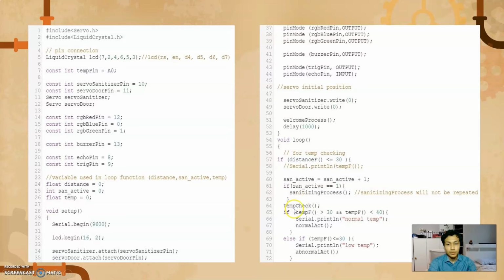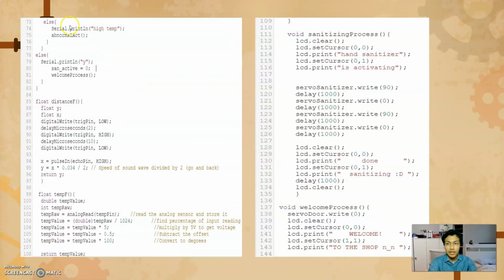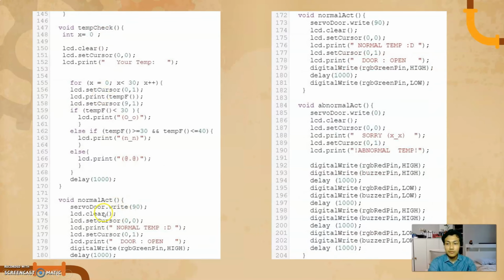Next, it will skip to the checking temperature. So if the body temperature of the person is in between 30 to 40 degrees Celsius, the LCD will display normal temperature. Below 30 degrees Celsius, low temperature, and higher than 40 degrees Celsius, it will display high temperature. Lastly, for the servo door,